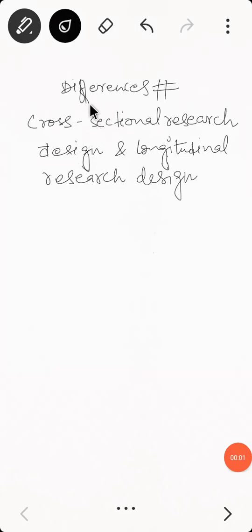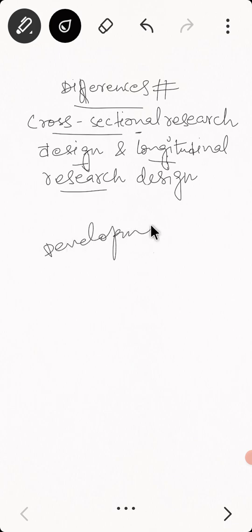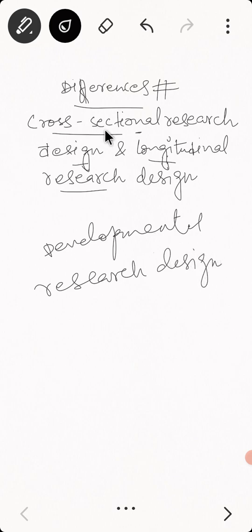So hello everyone. Today we'll see the difference between the cross-sectional and longitudinal research design in very short. As the name suggests, cross-sectional research design. First of all, both are types of developmental research design. Today we'll see the difference between these two research designs in respect to their data collection